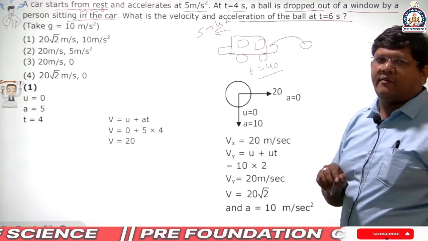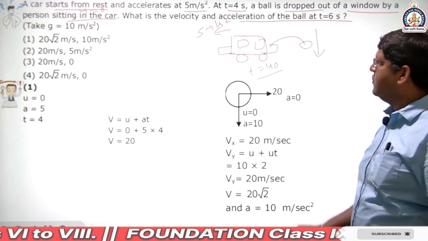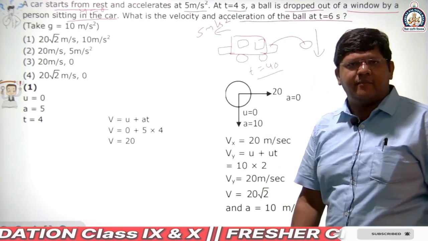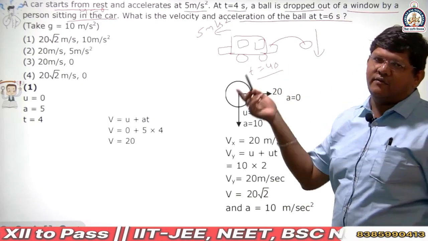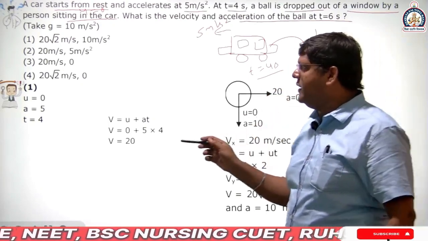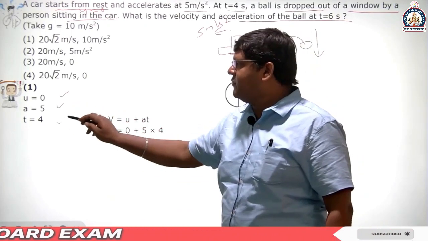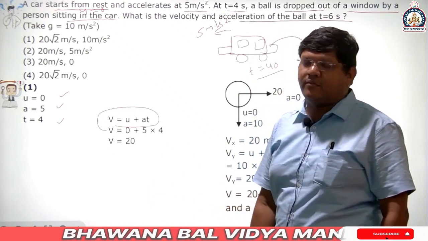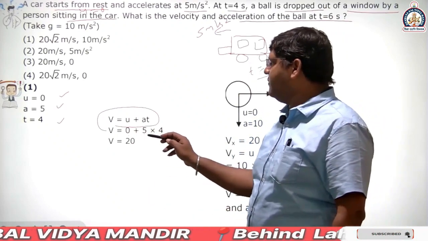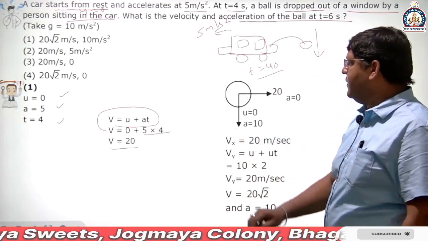Now the ball will have two types of motion, one horizontal motion and one vertical motion. So the ball is dropped at 4 seconds. That means the ball will have an initial velocity equal to the velocity of the car. So we calculate, u equal to 0 according to the question, acceleration is 5, time is 4. So we can calculate v is equal to u plus at using the first equation of motion. v is equal to 0 plus 5 into 4. We get v equal to 20. This is the required velocity of the